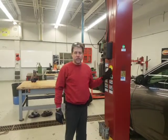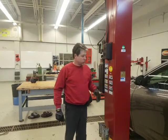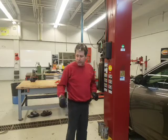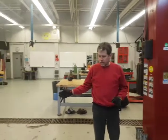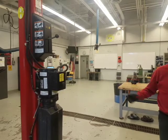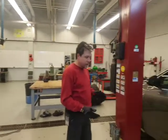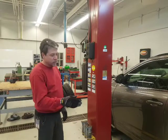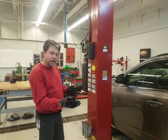Today we're going to use this Challenger hoist. We'll do symmetric or asymmetric. The other hoist that I have is just symmetric, which means it just holds the car equally. This one we can do the arms offset, or we can have it symmetric. So mostly the reason we like this hoist is because it can hold it back a little bit, and we